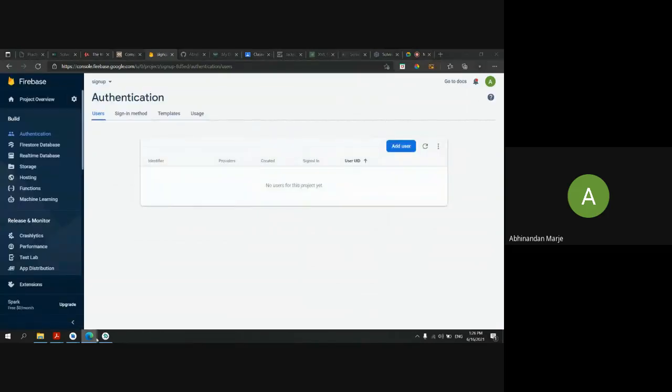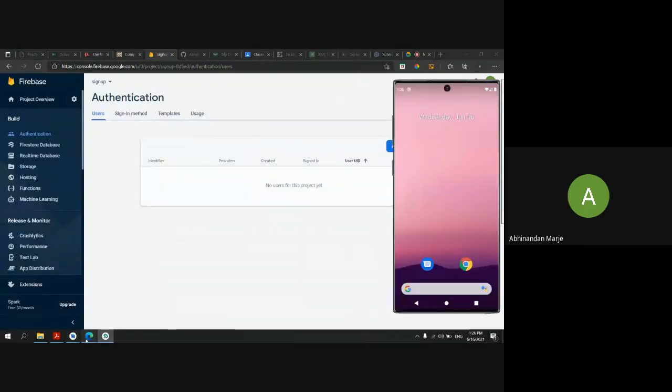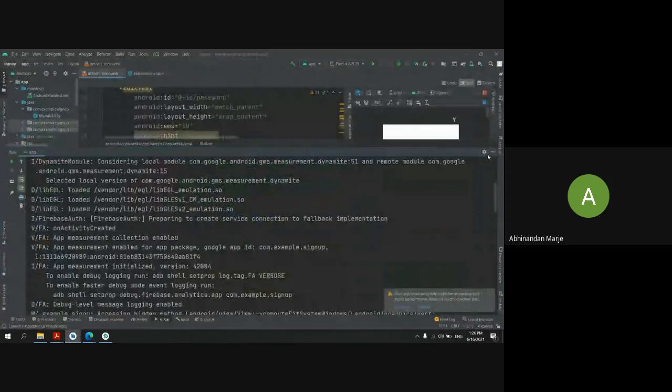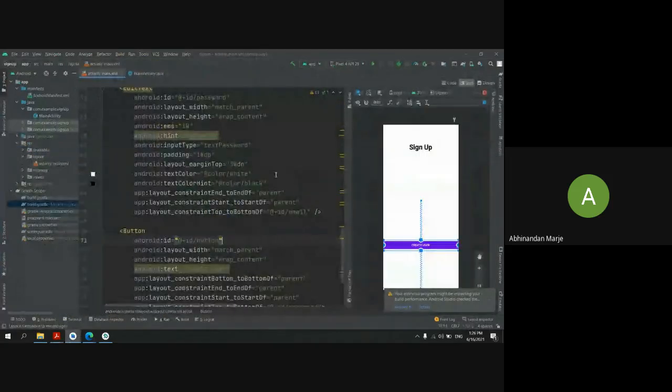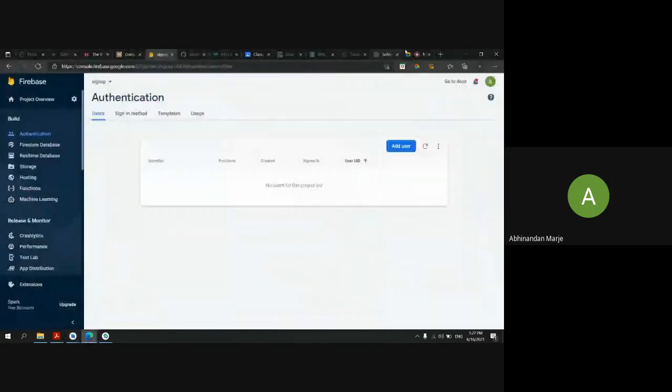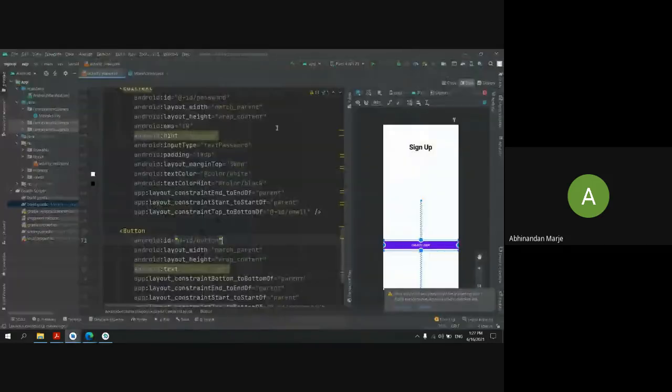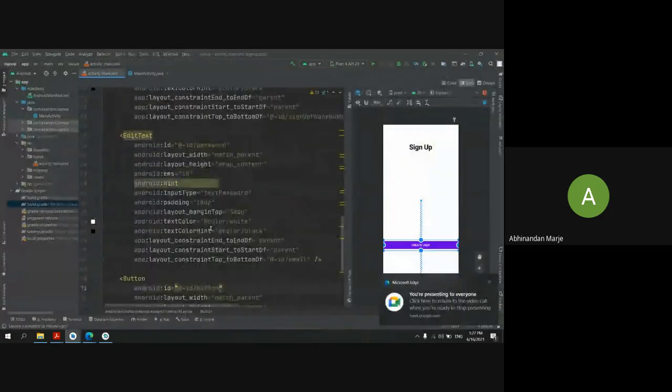There are no users. Just wait for one. Sorry. Just text color as black.